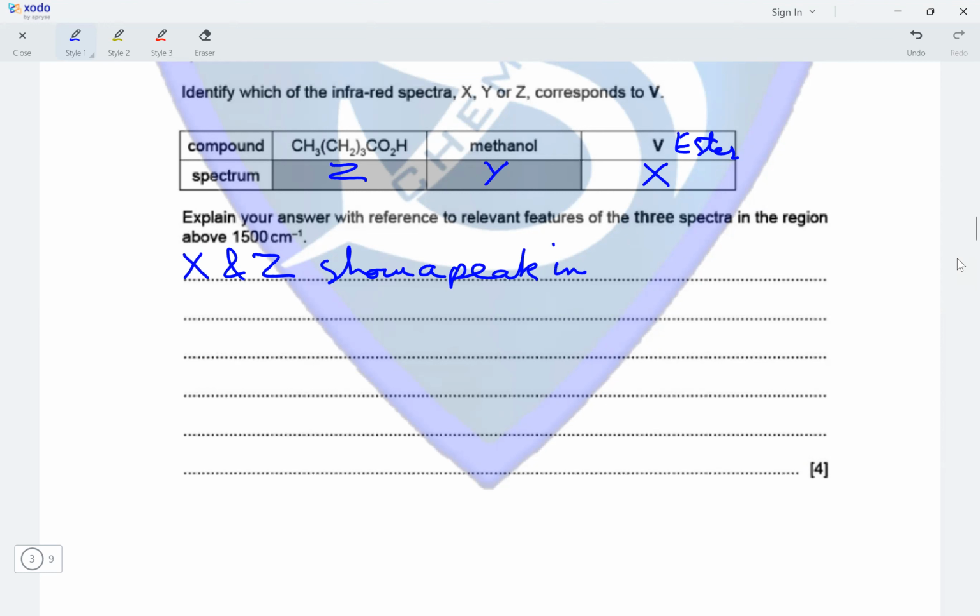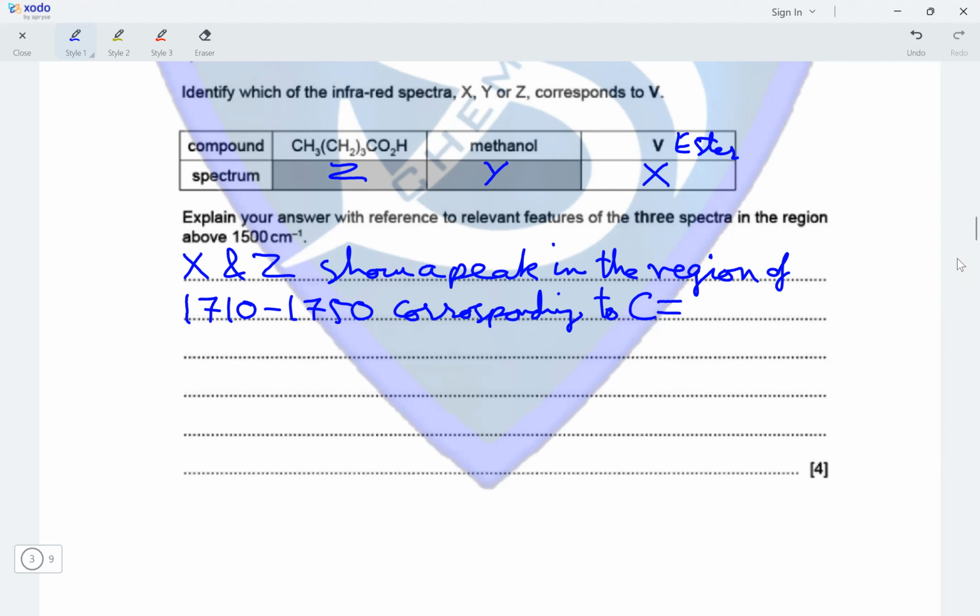in the region of 1710 to 1750 corresponding to a C double bond O group. That is one of the features visible. Then we can see that